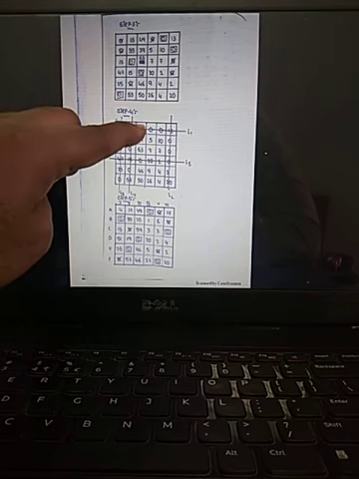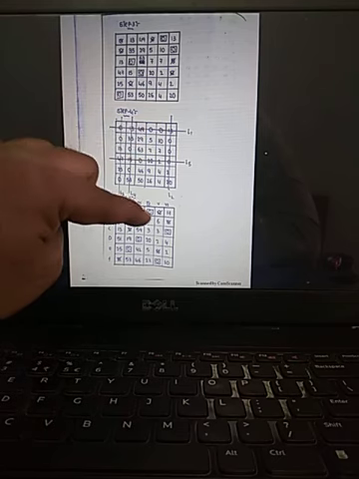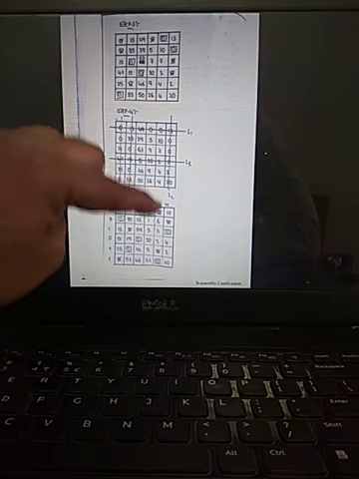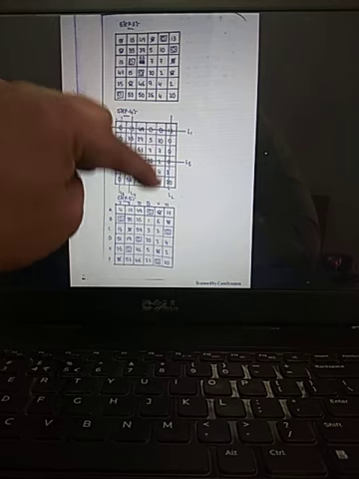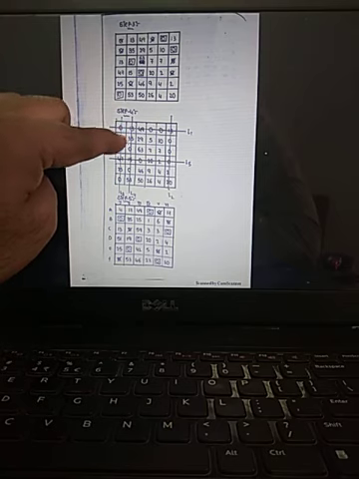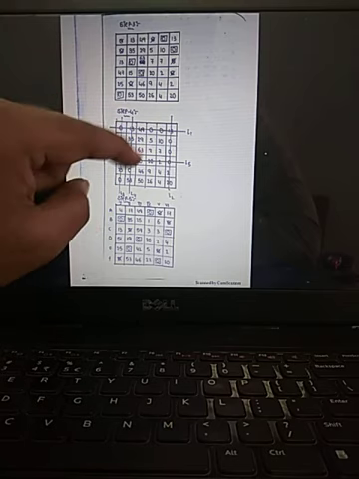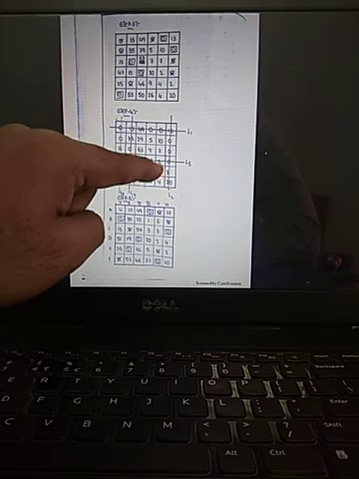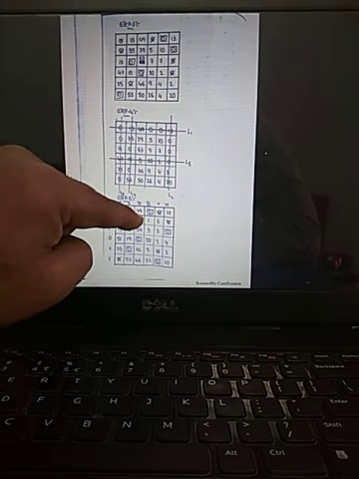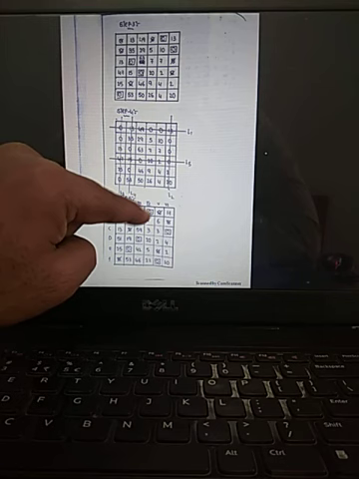49 is only covered, not an intersection point. Hence 49 as it is, 0 as it is, 0 as it is. This 13 is an intersection value, or intersection cell. Hence added. 13 plus 4 is 17. Like that all other zeros, 35 will be as it is, but this one is uncovered. Hence subtracted. 29 minus the minimum element 4. Yes, 29 minus 4 yields 25. So like that the matrix has been created.